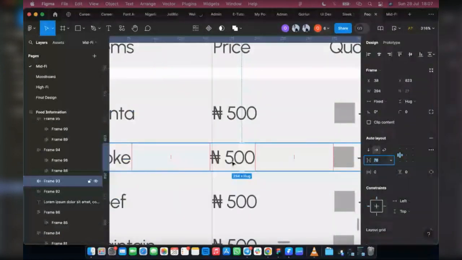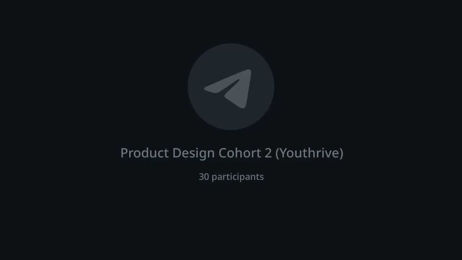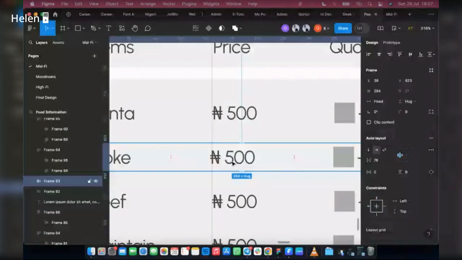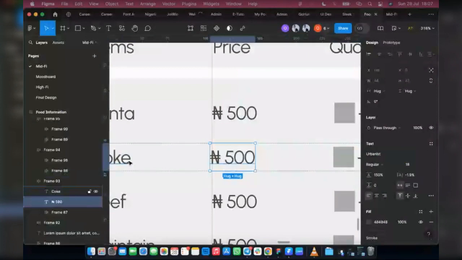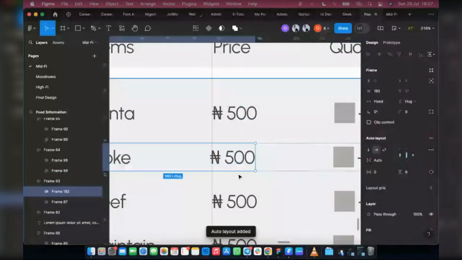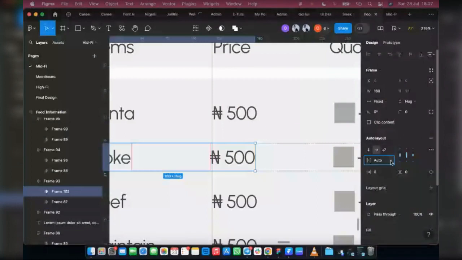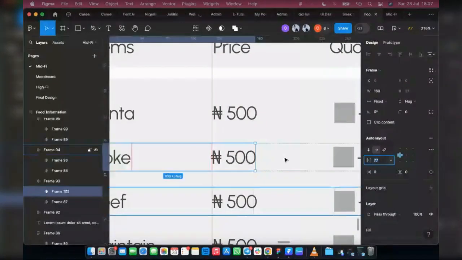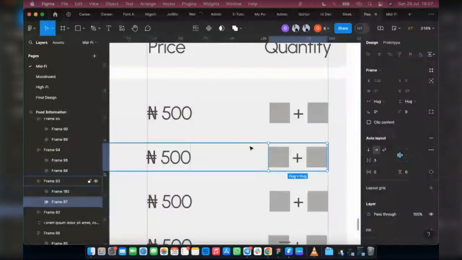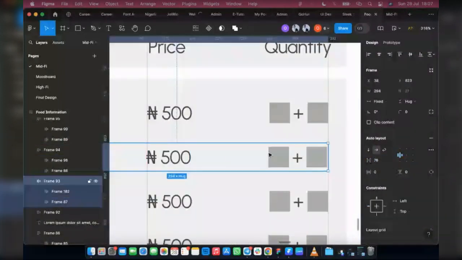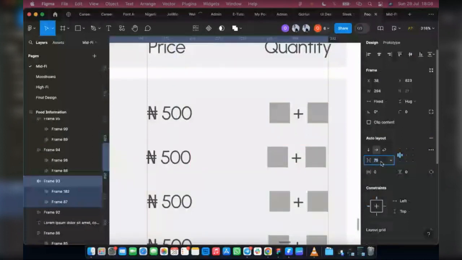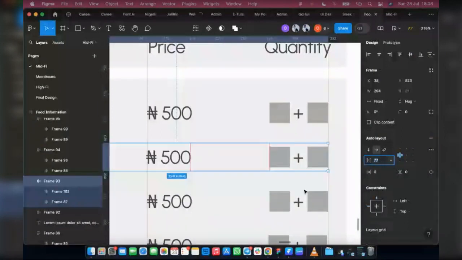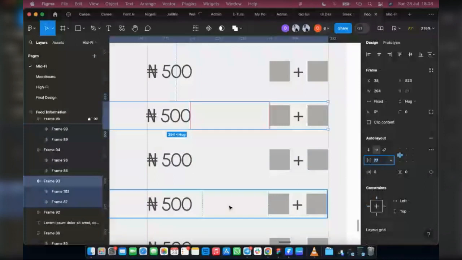So I'm just going to hold this, and then make it auto layout, and then take it out from Alt and then play around with it. So now I can drag, so now I can play with this and then bring it this way. Then at this one, all I have to do is just take it this way